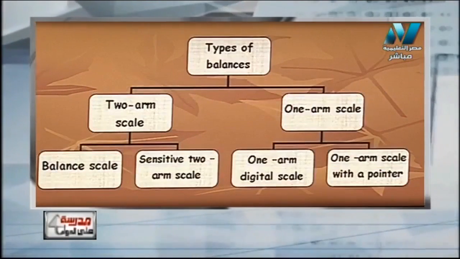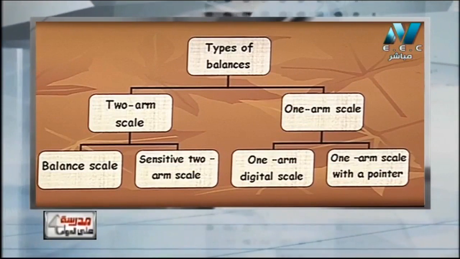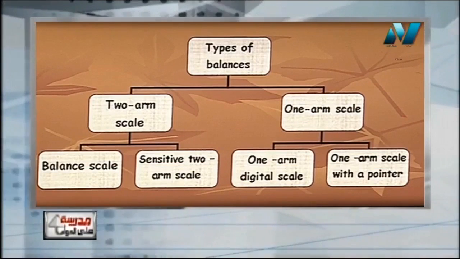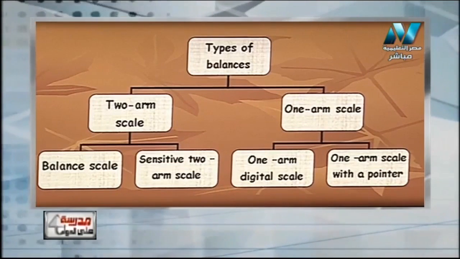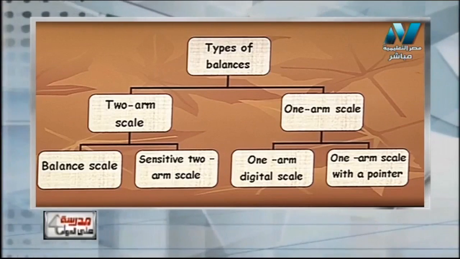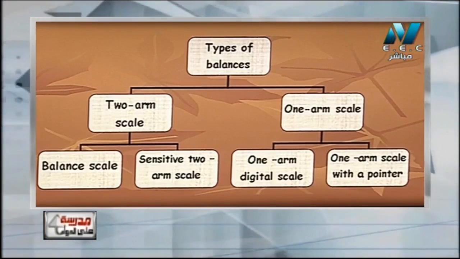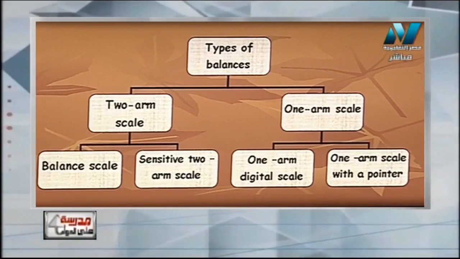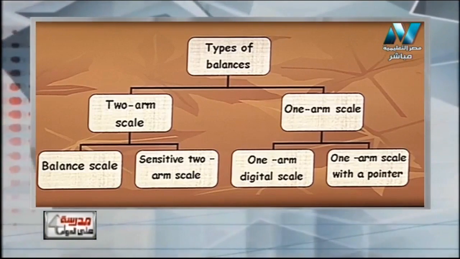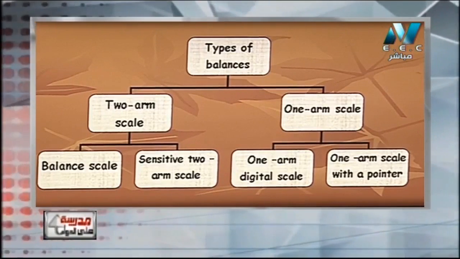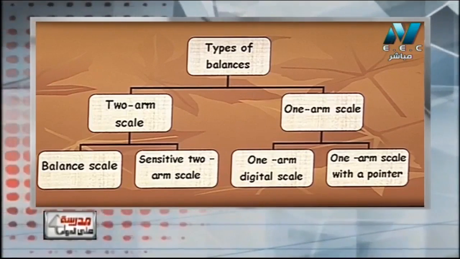طب في كام نوع منه؟ We have two main types of them which are two arm scale ميزان ذو كفتين and one arm scale ميزان ذو كفة واحدة. Two arm scale such as balance scale or sensitive two arm scale. عندنا نوعين منه. balance scale ميزان معتاد أو ساعات بنسميه كمان common balance. sensitive two arm scale ميزان حساس وده كان بيستخدم زمان لقياس الحاجات الغالية جدا زي الذهب. One arm scale such as one arm digital scale and one arm scale with a pointer. نشوف صورة ليهم كلهم